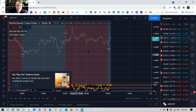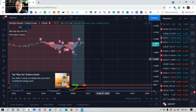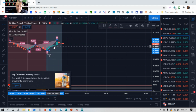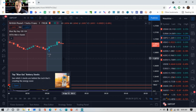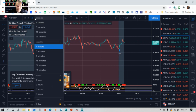Let me see. I don't know. Don't take my word on this one because it's just a guess. I haven't done the measures and stuff. If that is a pattern, like I said, I haven't tested it. I haven't measured or anything. I have to do that for my Fibonacci, but if that was one, then that would indicate it will be going back down. But I'm not doing it because, like I said, I haven't tested it. Using a minute, by the time you get that figured out and tested, you're pretty much 5 minutes into it and it's already gone down. So in a minute, that one's not very